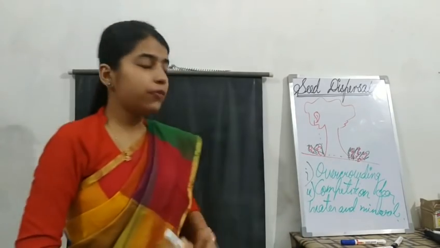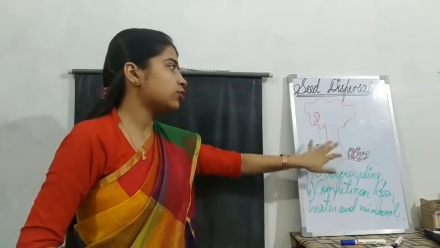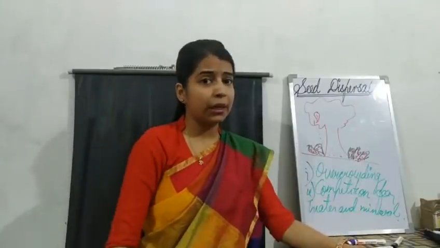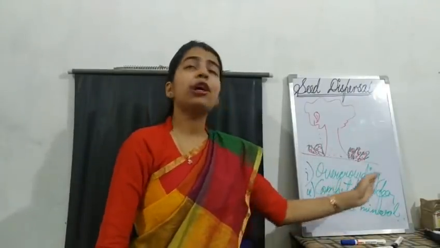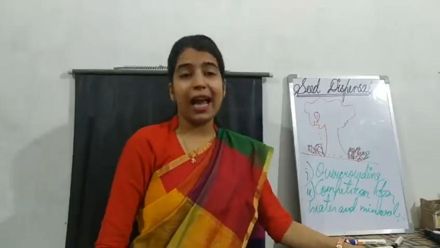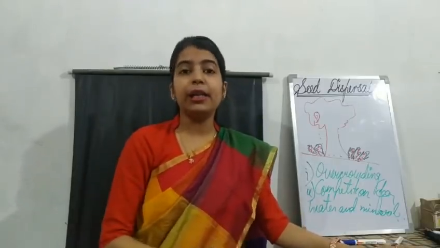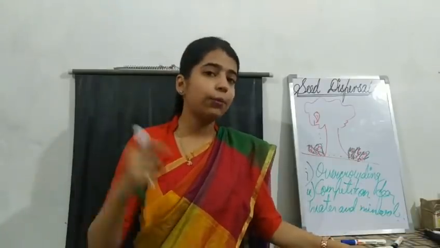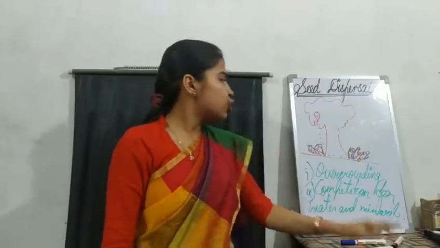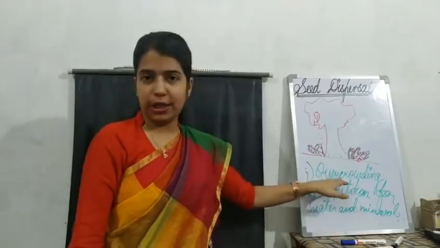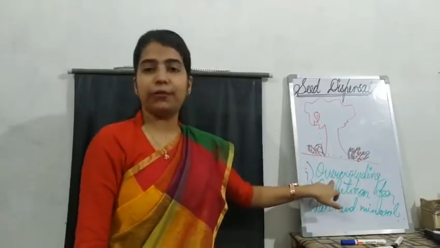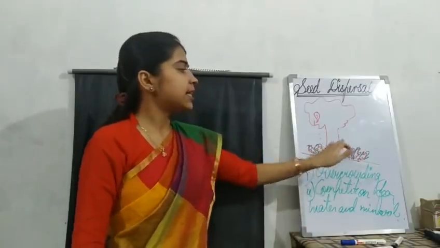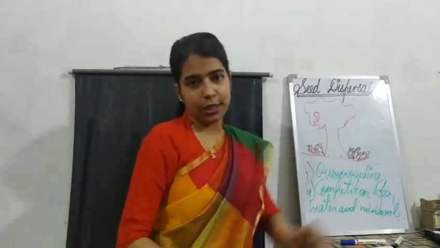Isn't it? First will be due to overcrowding. Means all the seeds will grow at the same place and they will be overcrowding near the plant. Second, there will be competition for the water and minerals, and ultimately none of the seeds will get sufficient amount of water and minerals and they won't be able to grow properly. So to avoid these two conditions, that is overcrowding of the seeds and the competition for water and minerals, the seeds need to be carried to distant places.